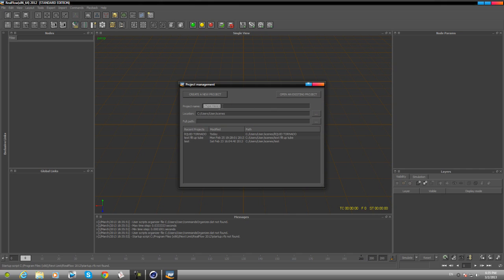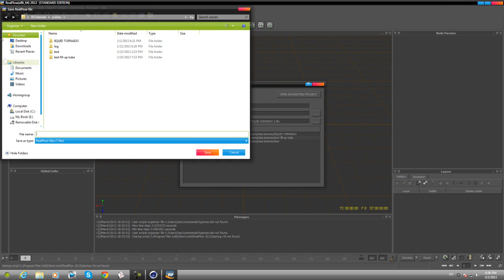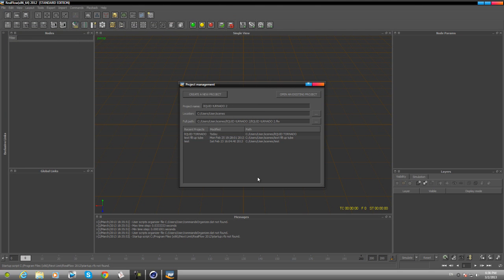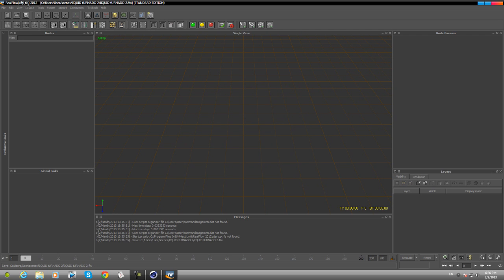Okay, so here, name your project. I'll name it liquid tornado 2, because I already did one once before. And you can change the location, the full path, by clicking this little button here with 3 dots, and just change the location where you want to save this project. But if you don't want to change the location, just memorize the path where you saved it, and that's important that you memorize it. And now click on create a new project,